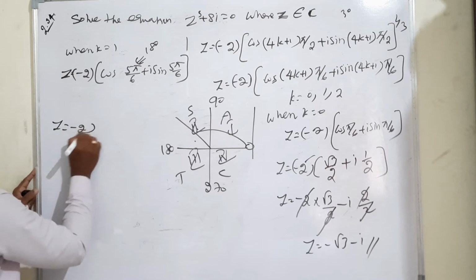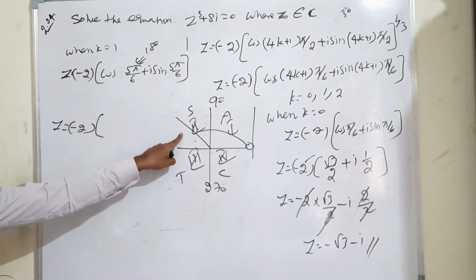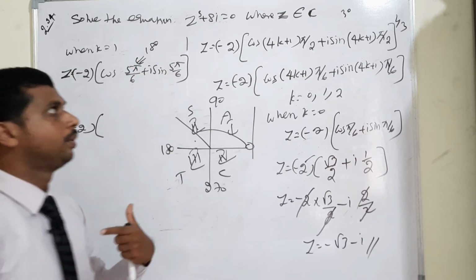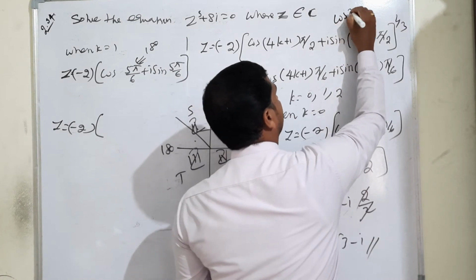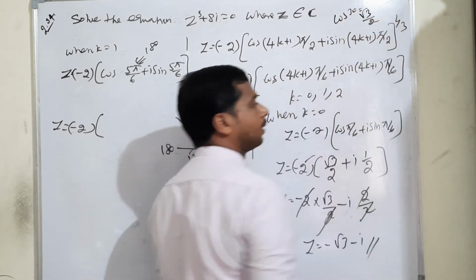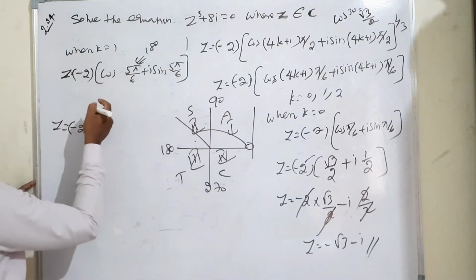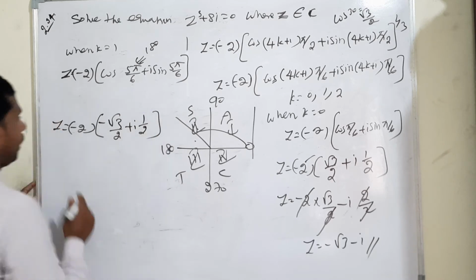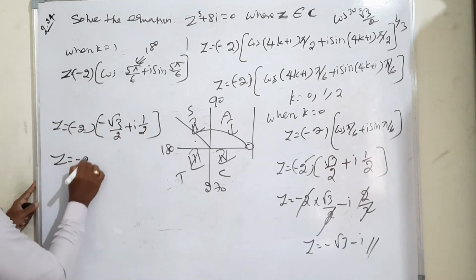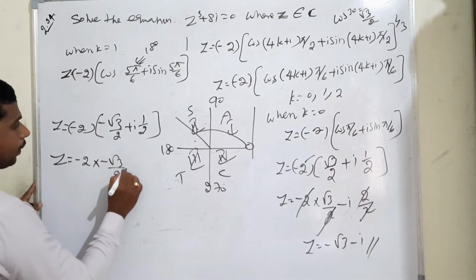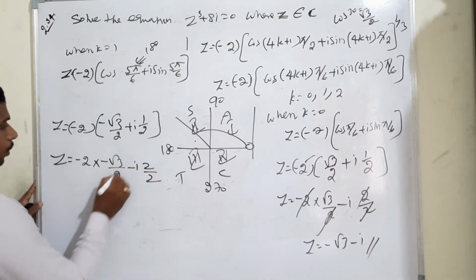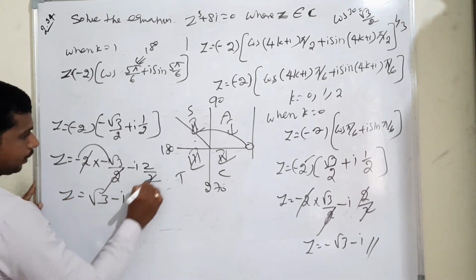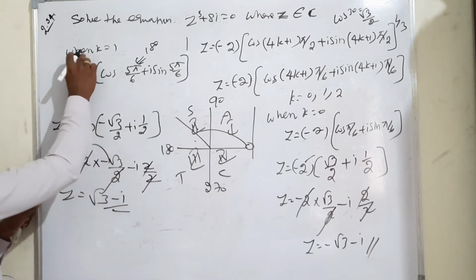So z is equal to minus 2 into, this is sin only positive, there cos pi by 6. Cos pi by 6 means we have to look at the value of cos 30. Cos 30 is equal to root 3 by 2. Sin 30 value will be 1 by 2. So now we can write it, there is minus: minus root 3 by 2 plus i into 1 by 2. Again each and every term is multiplied by minus 2. z is equal to minus 2 into minus root 3 by 2 minus i into 2 by 2. The 2s cancel. So minus into minus is plus. Therefore root 3 minus i, because here also the 2 cancels. This is the second term when k is equal to 1.